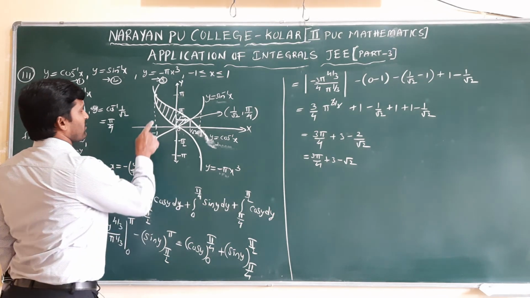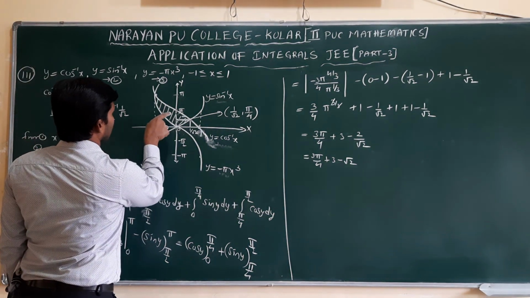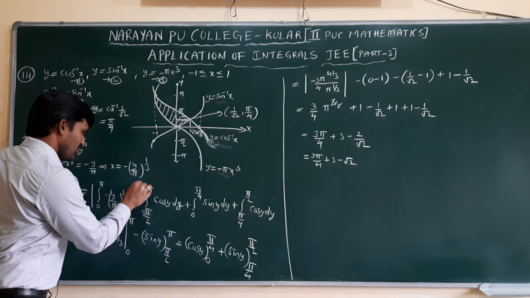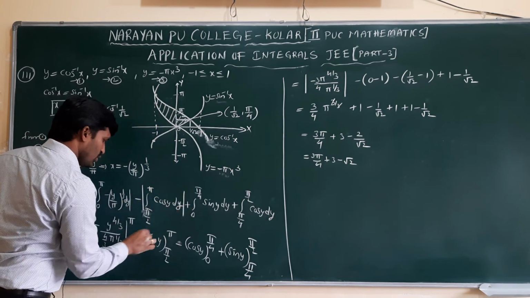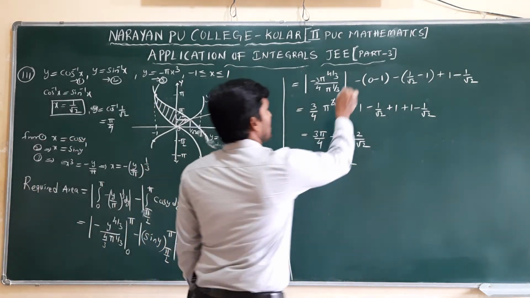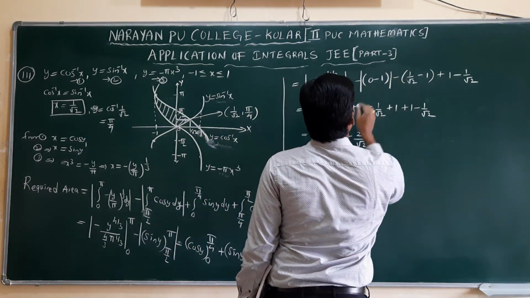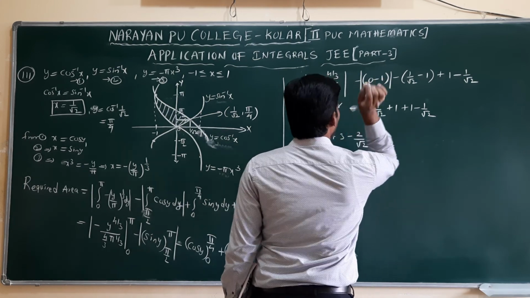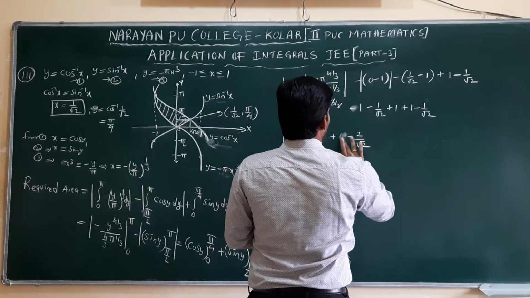A region, which part do we need to remove? 0 to pi. When you draw the curve, pi by 2 to pi, this also, which side is it, the left side? Left side means the value becomes negative, but to get positive we need to take the modulus here also. Don't forget to take it. So take the mod. Now it becomes mod of minus 1, which is 1 only. So total minus 1. Now you will get the correct required value.